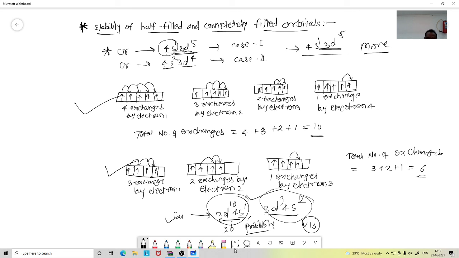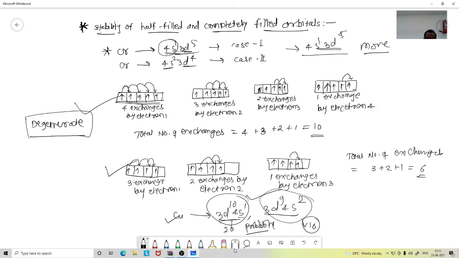Since exchange energy is released when there is electronic exchange, it decreases the energy level of the degenerate energy orbitals, increasing their stability. These are called degenerate energy levels, those are the stable energy levels. Equal energy levels are called degenerate energy levels.